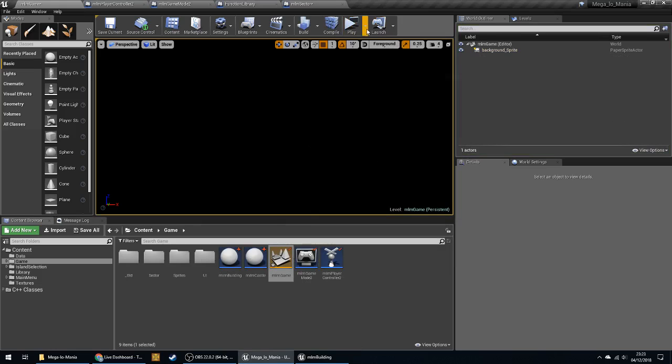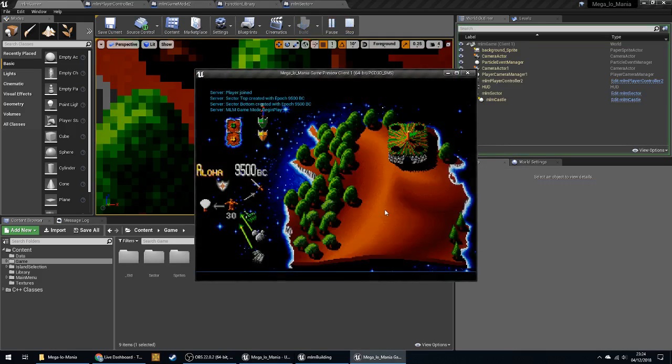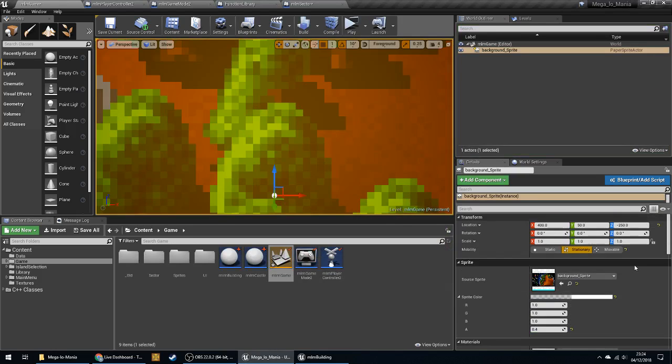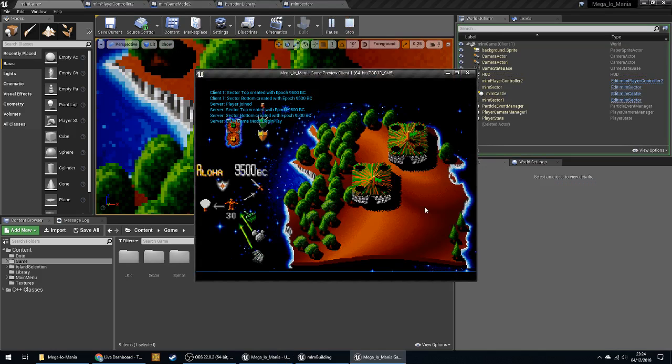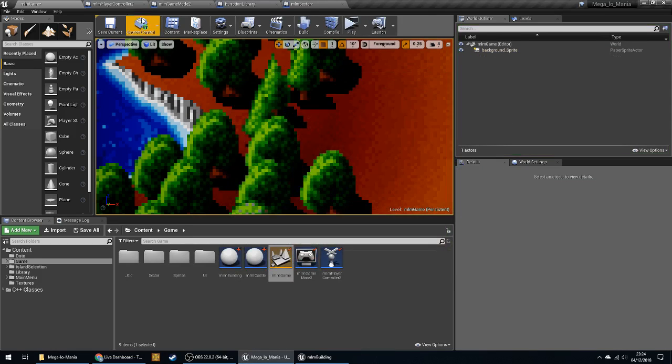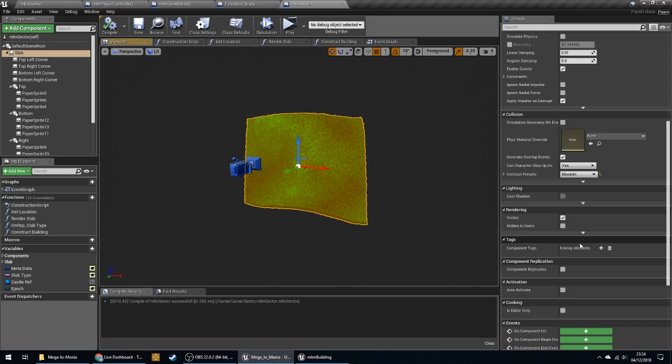Yeah, alpha doesn't seem to work very well in that context. It's either shown or not shown. So sector, we need to make the